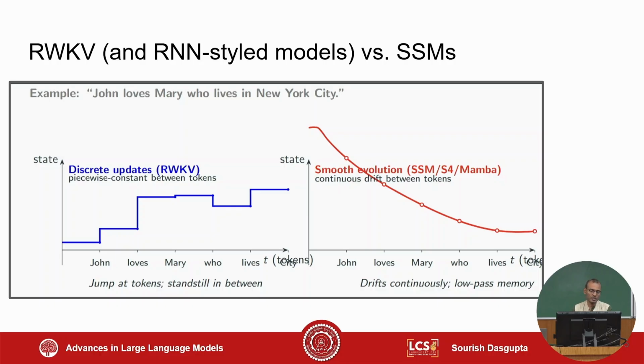And by the way, I showed you a decay, but it may not necessarily be a decay. It can also be that it comes up again. The effect of John is injected back. But even then, it will be a continuous rise. So the effect of John, if it decays, will be continuous. If it comes up, it will again be continuous, right? So that's what happens in SSMs.